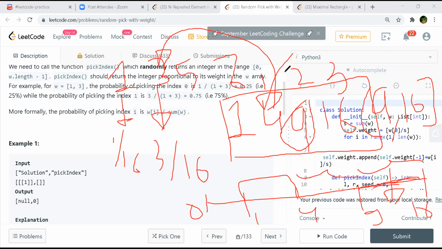Because you are getting everything in log of n in that case, right? The prefix sum calculation will be order of n, and then you use binary search, so rather than doing a linear search, you are a little bit optimized.